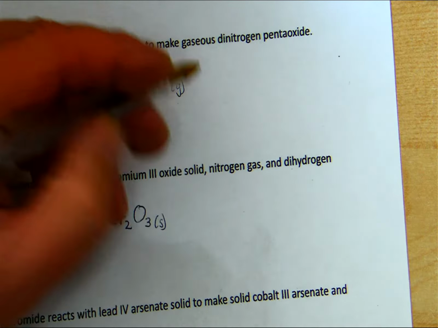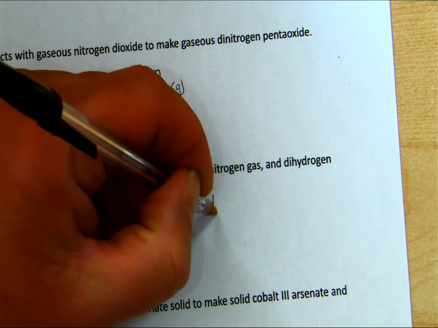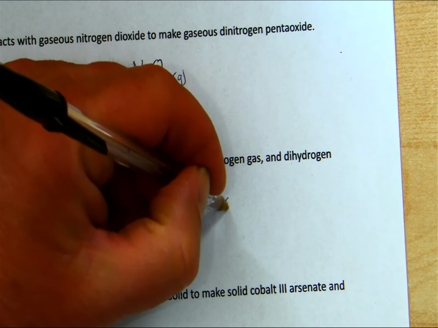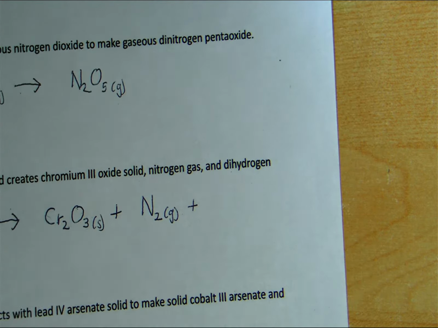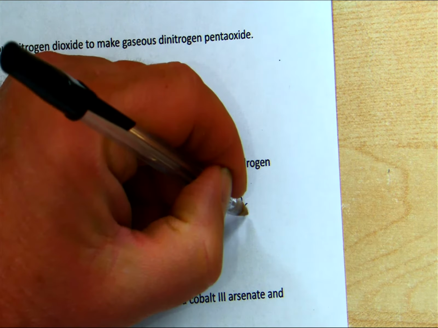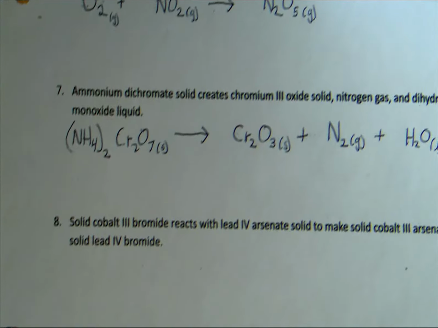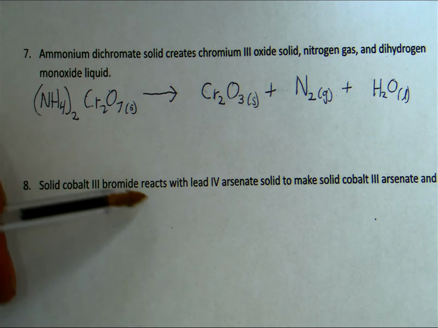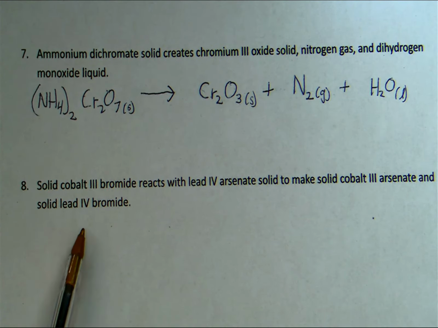Nitrogen gas. Nitrogen is one of the 7 diatomic molecules, so it's always going to be diatomic when you write it by itself, and it's a gas. And dihydrogen monoxide, you should recognize as just being water in the liquid state. That's number 7. Number 8, solid cobalt-3 bromide reacts with lead-4 arsenate solid to make solid cobalt-3 arsenate and solid